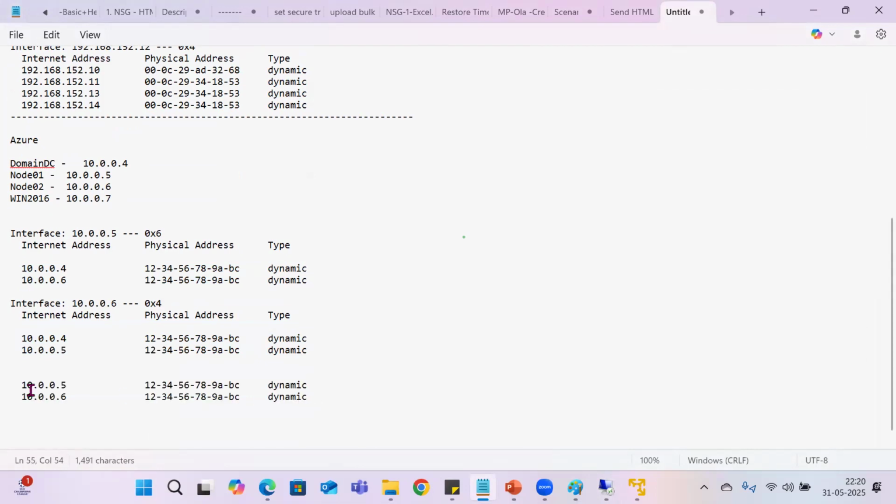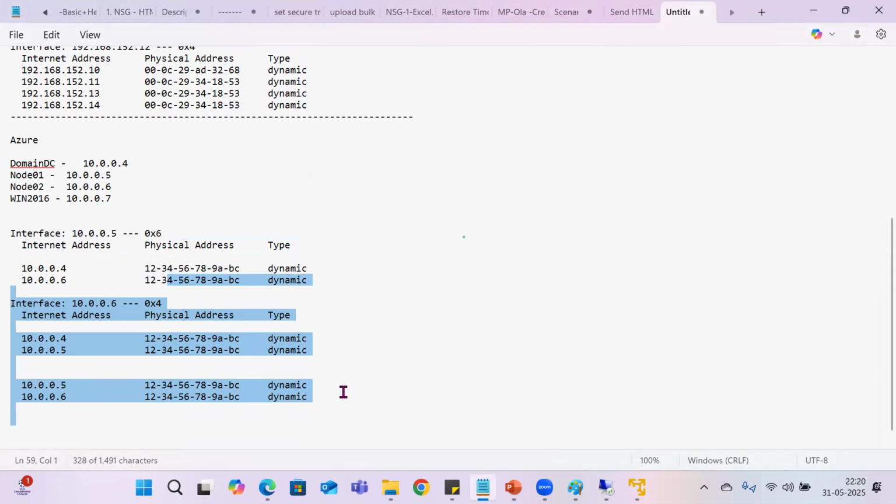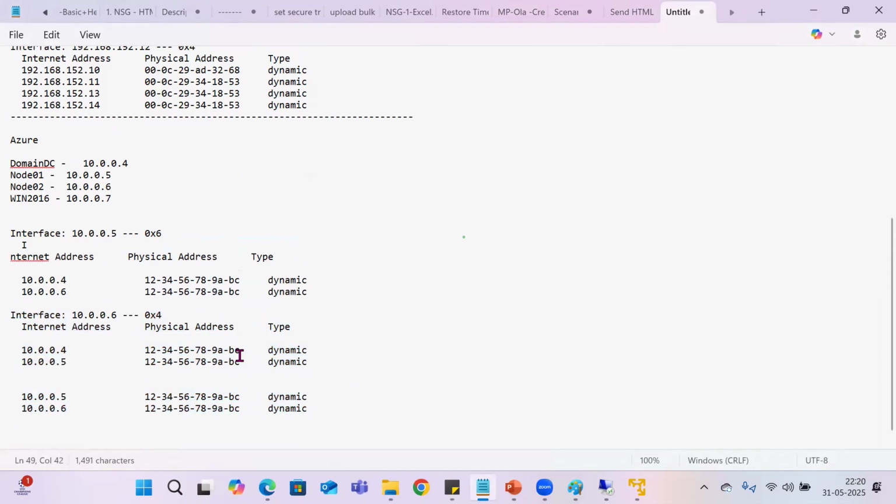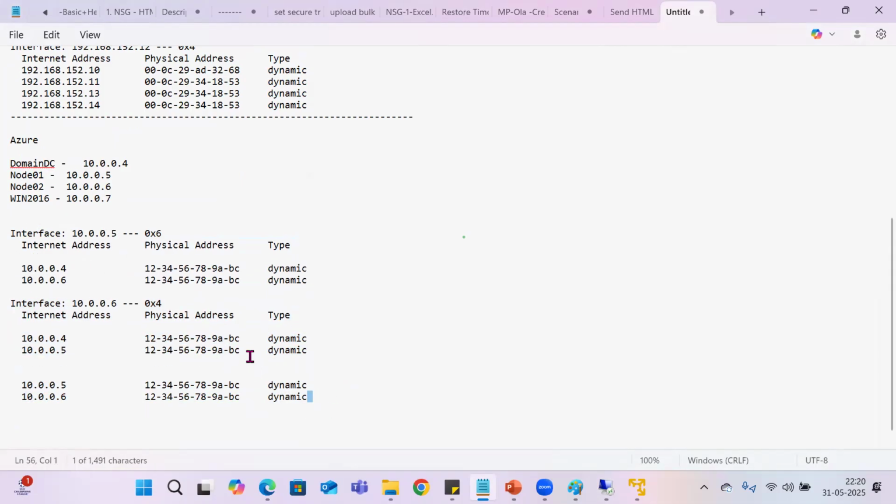Even this is the DC, this is node 1, and this is node 2. So you can see that everywhere it is showing the same MAC address for the systems we have created, the domain controller, node 1 and node 2. All are having the same MAC addresses. But what will happen